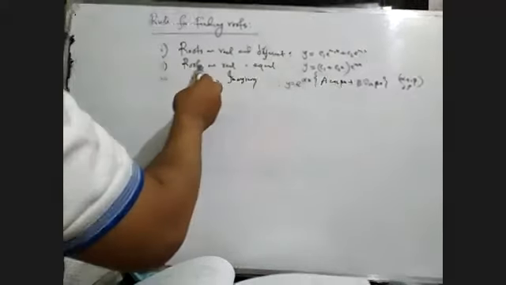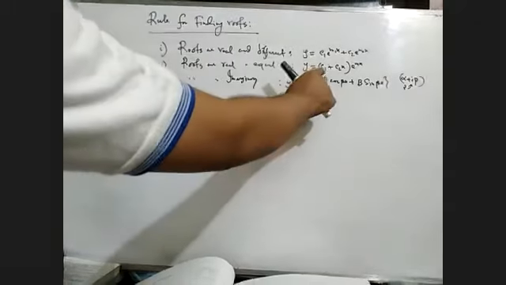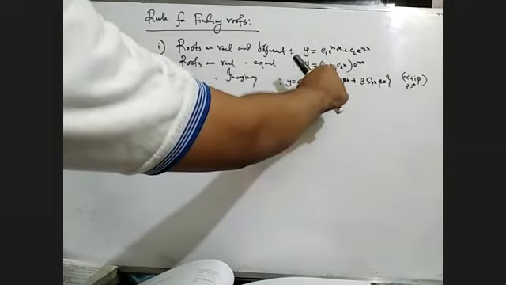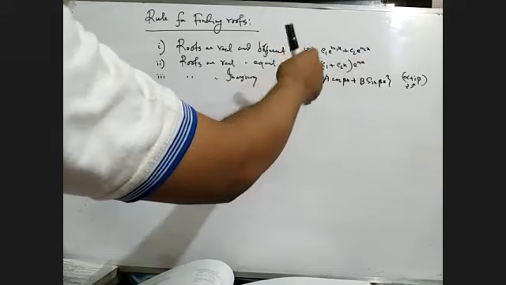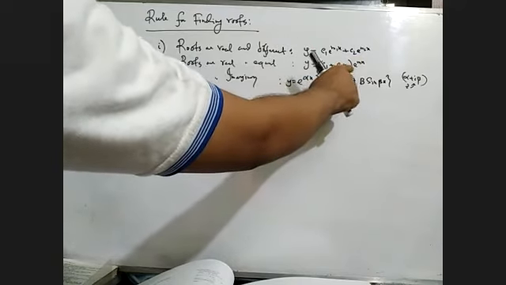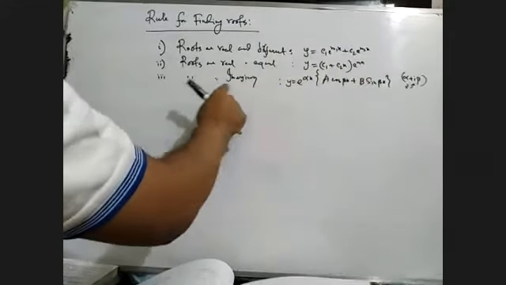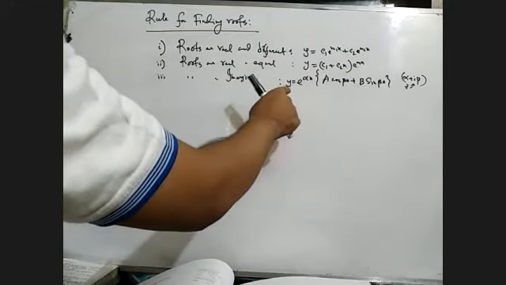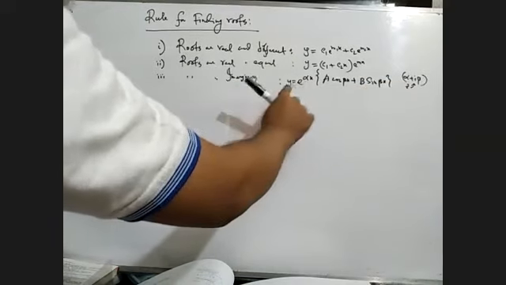Now if the roots are real and equal, then for equal roots we have to write y equals (C1 plus C2x) into e to the power mx. If the differential equation is third order, it will be C1 plus C2x plus C3x square, then e to the power mx. Now, if the roots are imaginary, that means complex roots, looking like alpha plus i beta, then